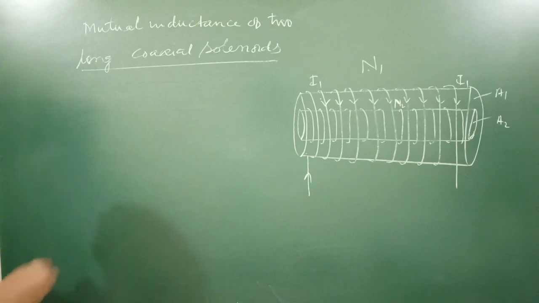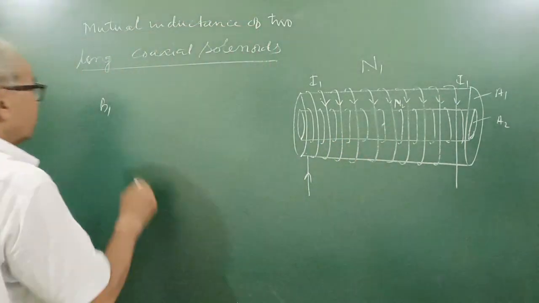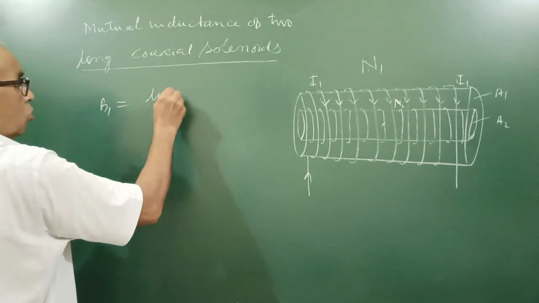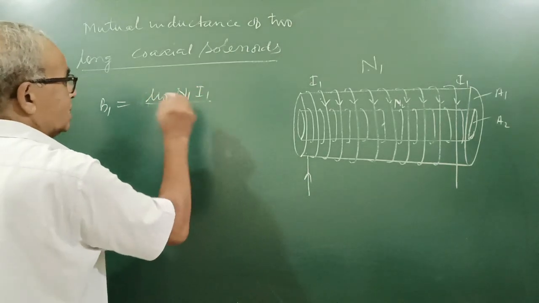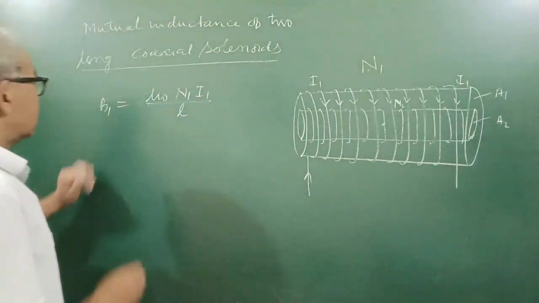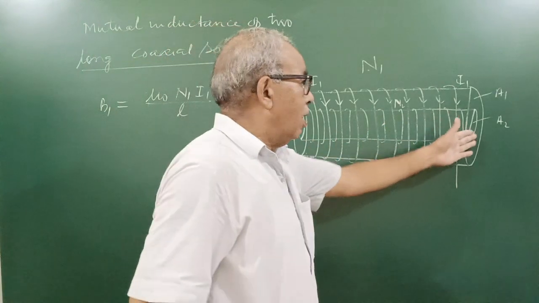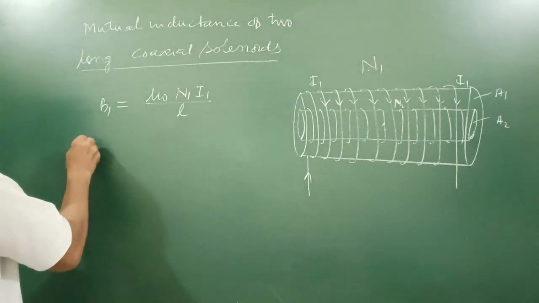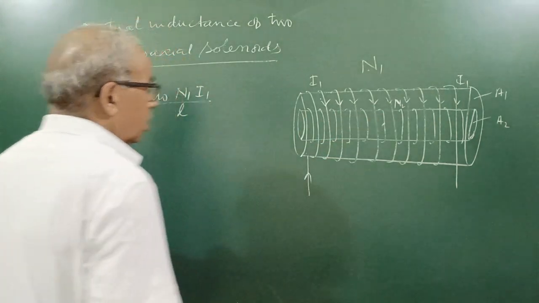Now, let current I1 be there. The magnetic field at every point near the center, B1, is equal to mu 0 N1 I1 upon L, where N is the number of turns. This field is near the center, but the variation is small. Assuming the field is the same everywhere, the magnetic flux linkage with the inner solenoid will be